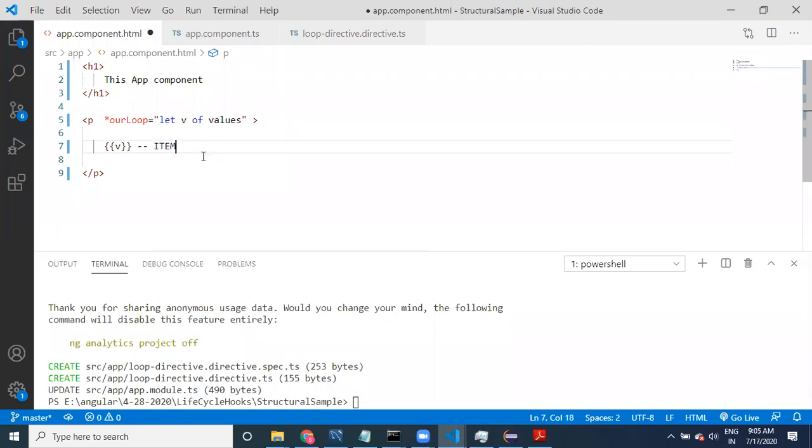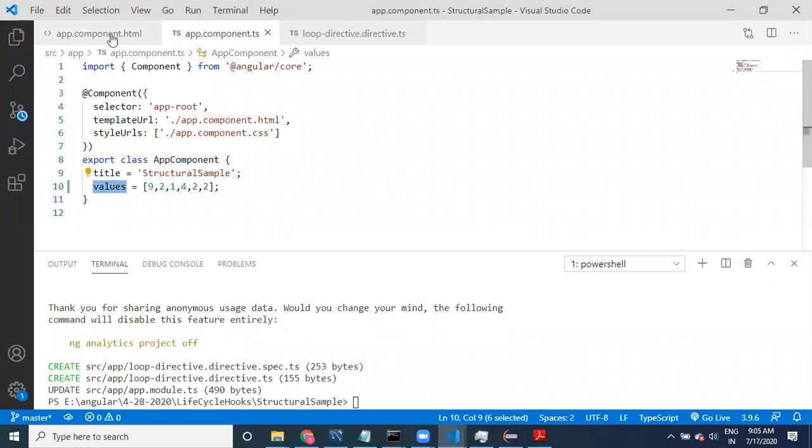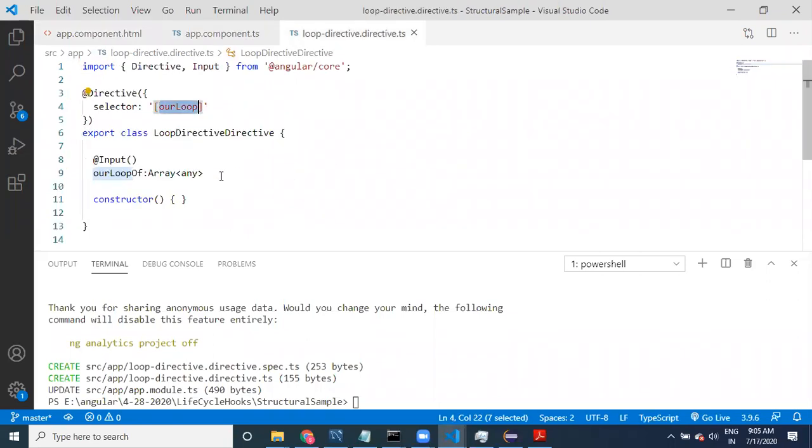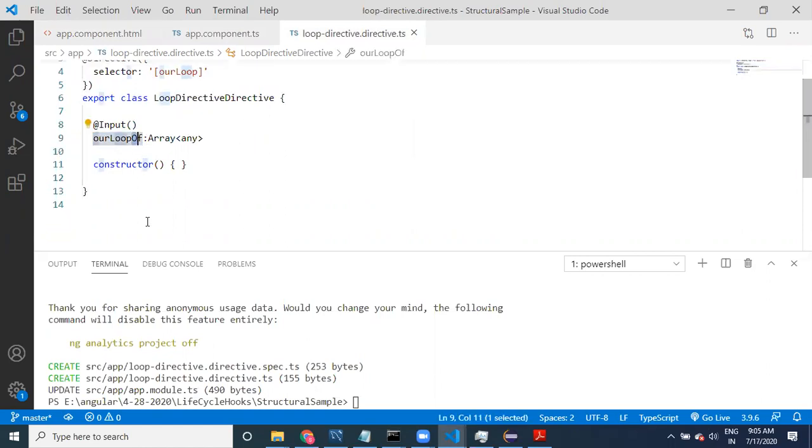I'm going to provide item. Item is a text. That's it. From here to here, this is text. It is like a question mark in a JDBC query or a question mark in an HQL query. So we need to fill a value into this. How to fill this one? Whatever code that we have, this is going to be provided here. It has to be provided to the loop. So we have taken our loop of, right, and that value is going to be provided.